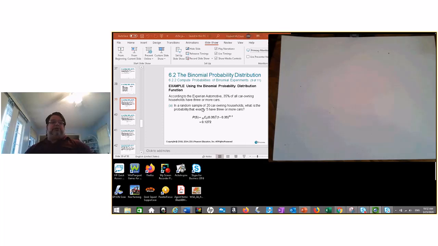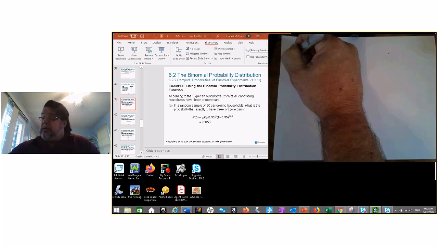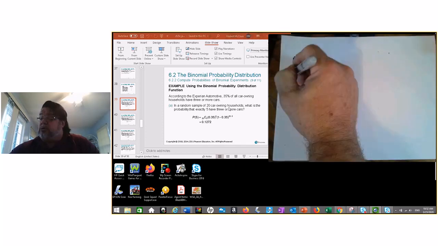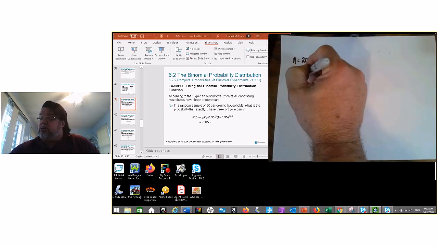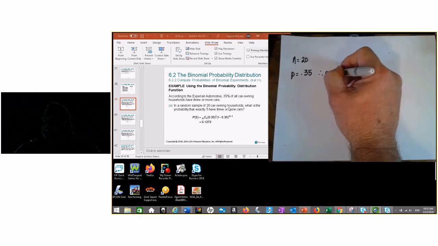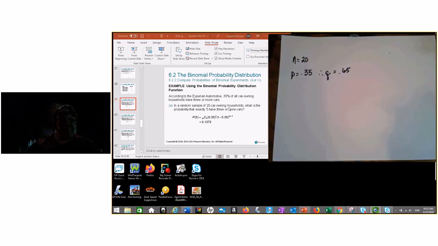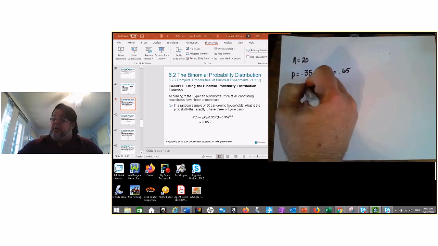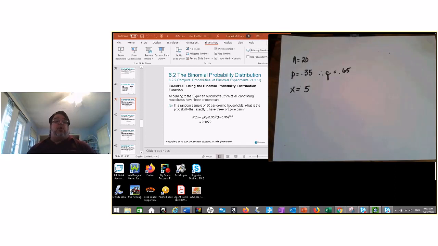So it says, according to Experian Automotive, 35%. Well, there's P right there. So in this problem, N is equal to 20. P is equal to 0.35. Therefore, Q is equal to 0.65. And in this case, X is equal to 5, because the question says, what is the probability that exactly